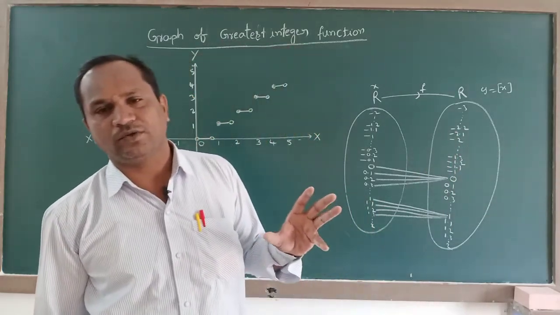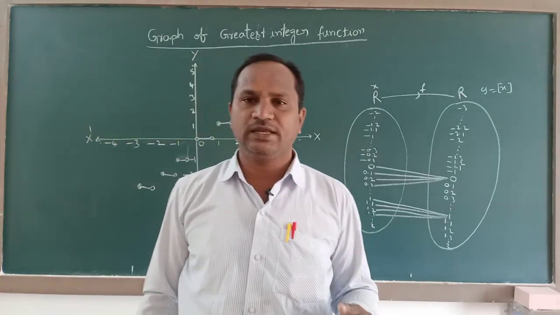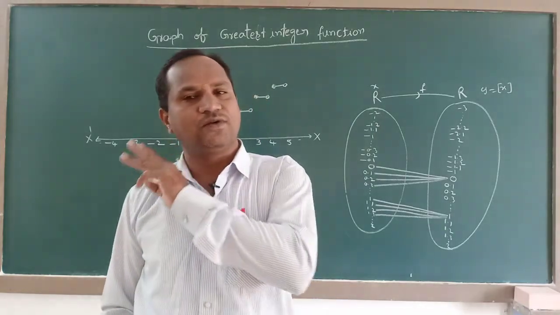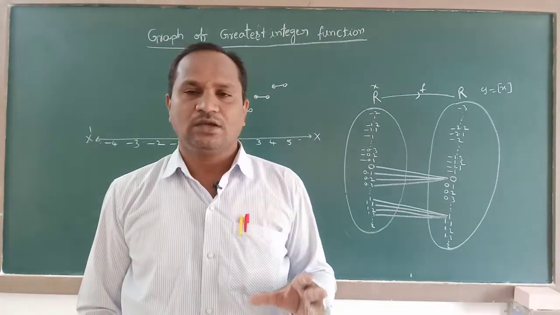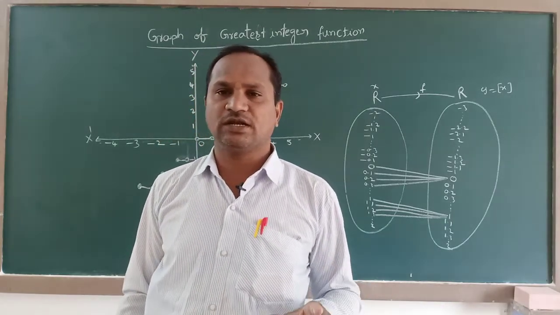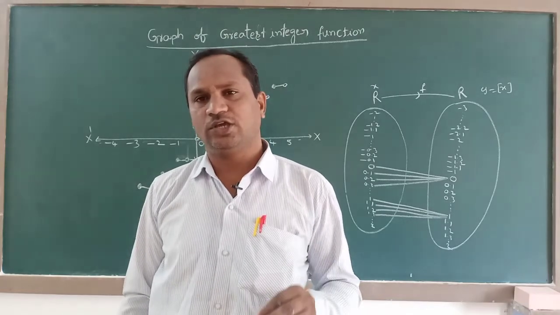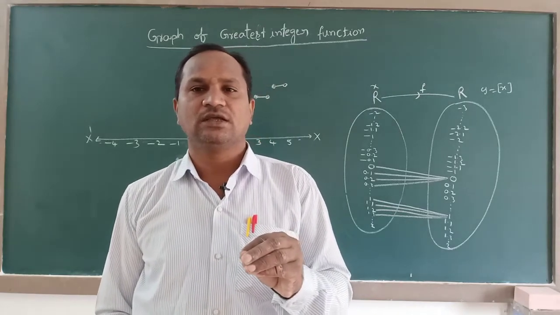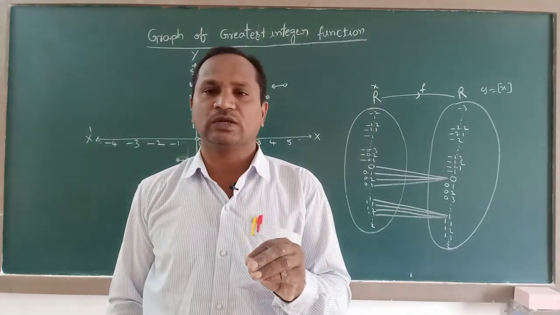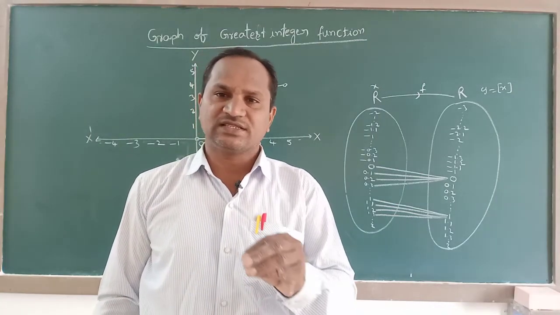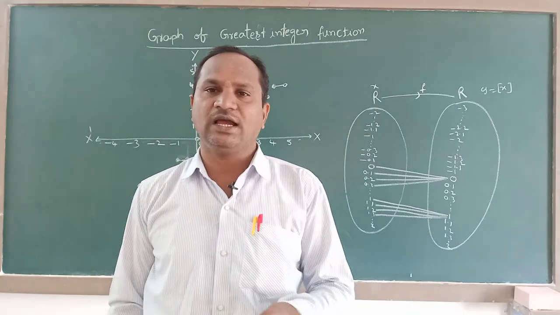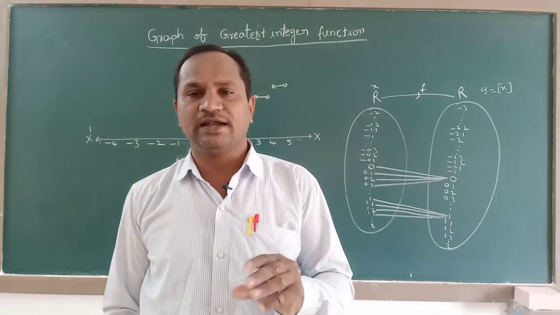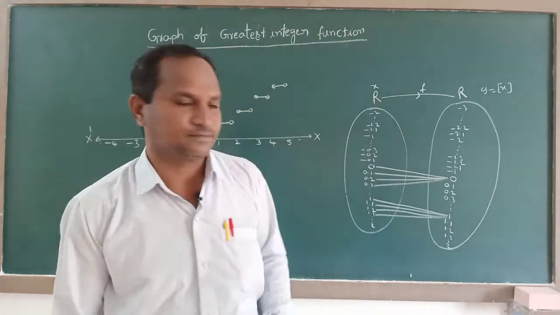Now we are going to solve the problems on domain and range of the given functions. At the same time, in the case of a polynomial function, f of x equal to a naught x power n plus a1 x power n minus 1 plus a2 x power n minus 2 and so on. If the expression of the function is in that form, we call it a polynomial function. Now we will discuss that function also. After completing that, we are going to solve problems on the domain, codomain and range of the given functions.